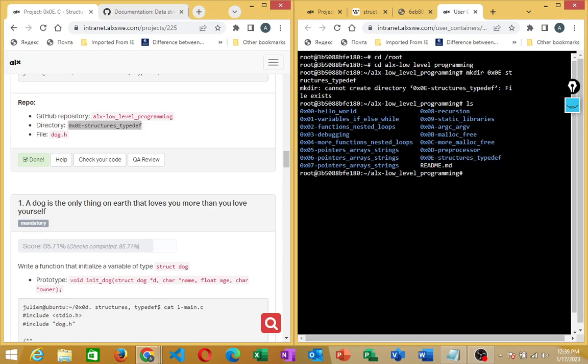So since I have it, I'm going to navigate to that directory using change directory, cd. I'll paste the name of the directory I intend to navigate into. All right, as you can see, we are now in the structures and typedef directory. All right, so have we done that? We now go ahead. The next step